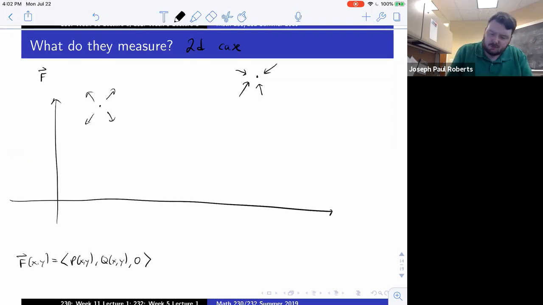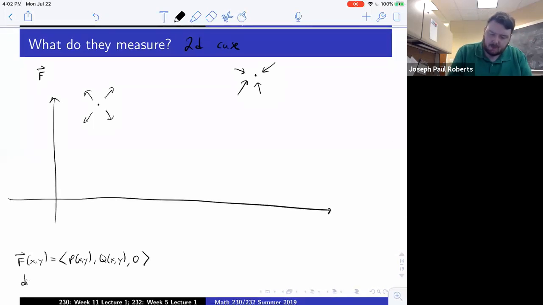So in this situation, div f, it's not too hard to convince yourself, is Px plus Qy, and then curl f ends up being, and for those of you who are really paying close attention, that third component of curl f was our good old friend